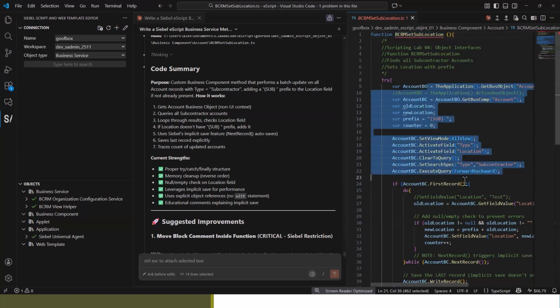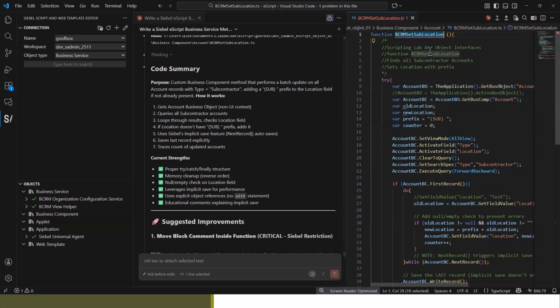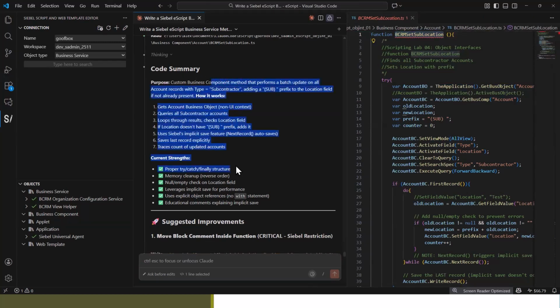I have one script open here right now, which I've downloaded, which is an example function of a business component. You can see business component account. So that's already downloaded. But you can also see in the middle of the screen here a panel,